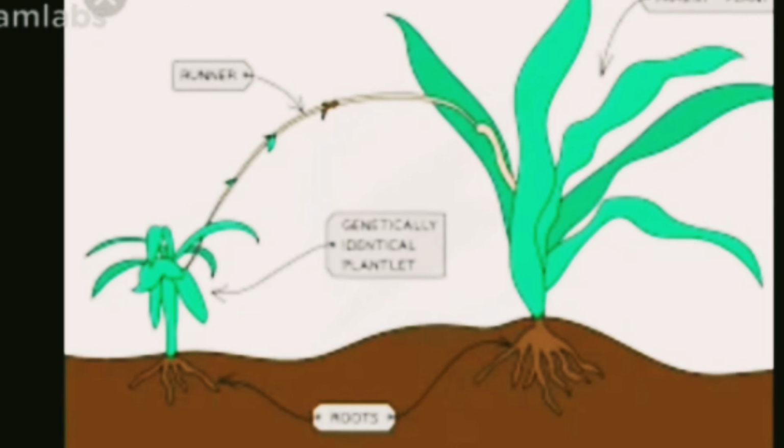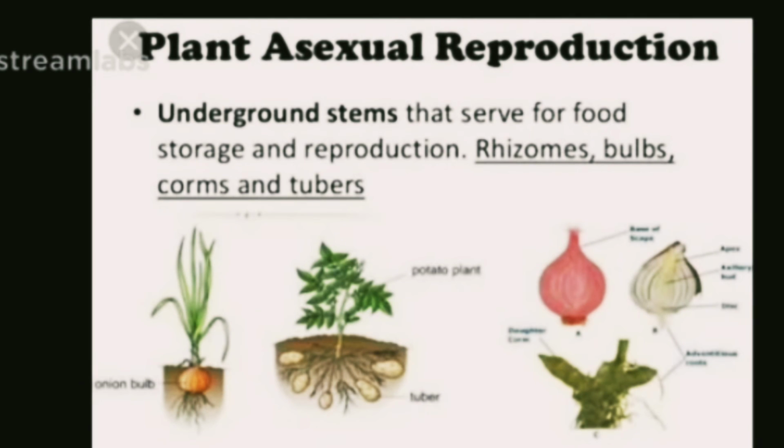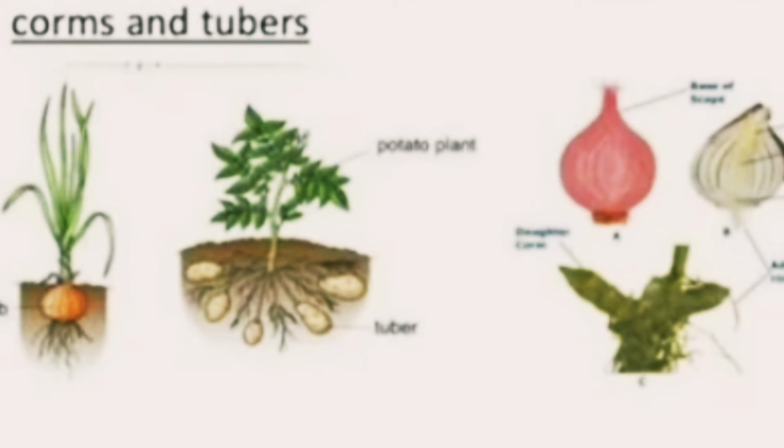Runners are the aerial part from the shoot. Runners always come from the shoot. Now you can see stolons come from the root. Bulbs and tubers are so easy to propagate. If you grow one bulb, it divides into many bulbs within the soil. Separate the bulb and grow it as a new plant. Potato is a very good example for tubers. Onion is a good example for bulbs.